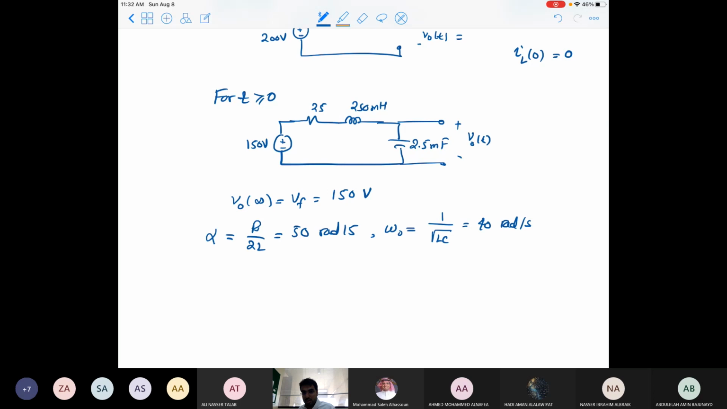Abdullah? Doctor, I think the V naught initial is 200. This is not the initial value. This is at t equals infinity. This is the final value. I'm sorry. Good. Okay, so alpha is greater than omega naught. So this implies that we have an overdamped response. So V naught of t